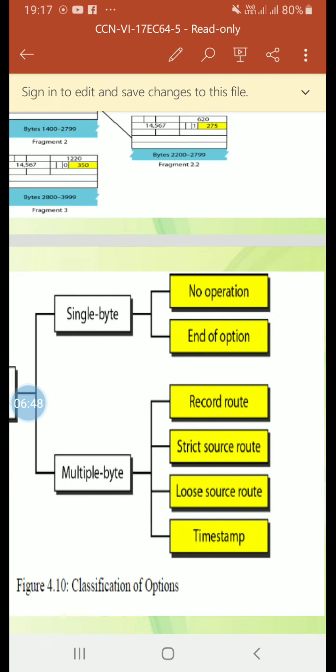Next we'll see the second one, packet modification. In this type of attack, the intruder modifies the packet. The attacker intercepts the packet, changes its content and sends a new packet to the receiver. The receiver believes that the packet is coming from the original sender, but it has been modified, and that will not be known to the receiver.